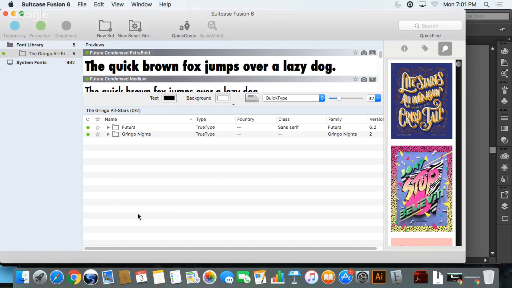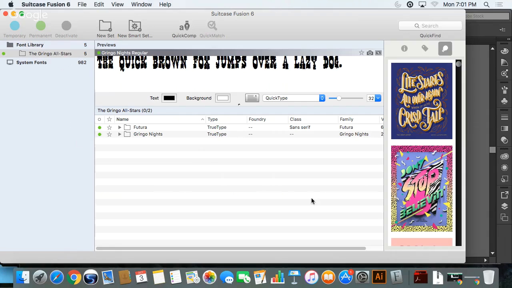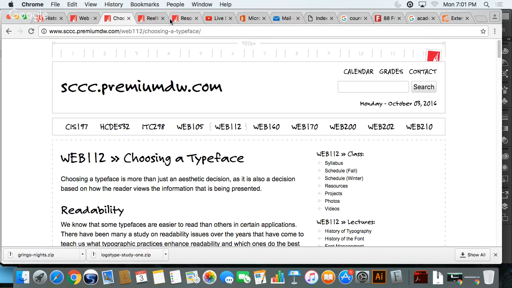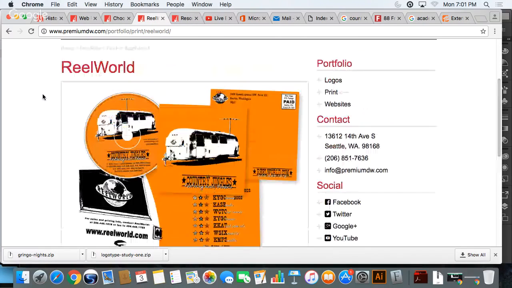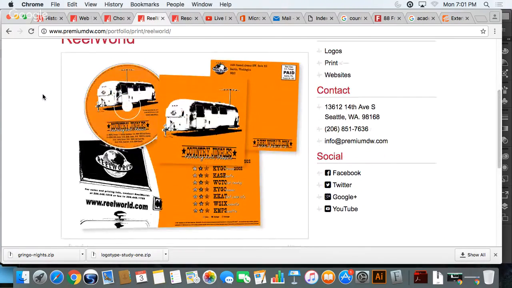Right. For the Gringo All-Stars. Did you guys see me type in the Gringo All-Stars? So if I was doing a country album for the Gringo All-Stars, I would be looking for typefaces that said white trash country. You can't get any better than Gringo All-Stars for white trash country, right? I know, I'm probably not being PC, but